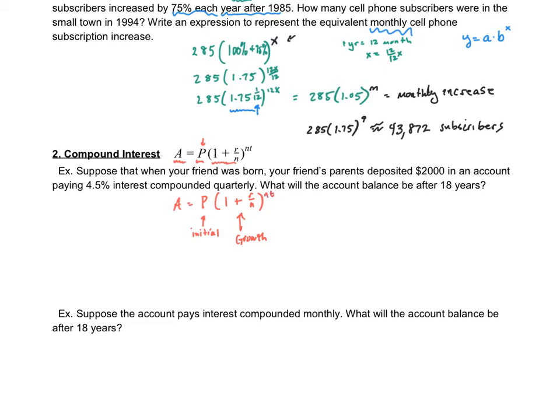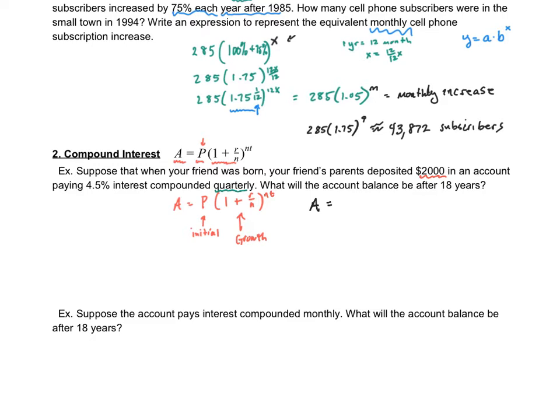Now it says, suppose that when your friend was born, your friend's parents deposited $2,000 into an account, and it pays 4.5% interest compounded quarterly. That would be awesome. You don't see that very much anymore, where you have something that's compounded more than once a year. What will the amount be after 18 years? Okay, well, they're asking me again for some amount,